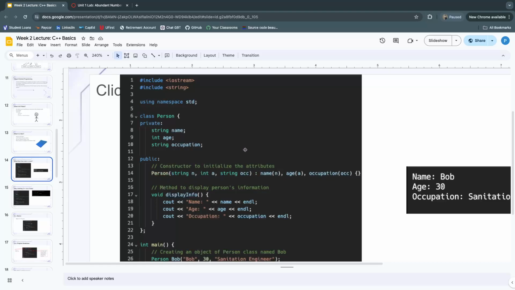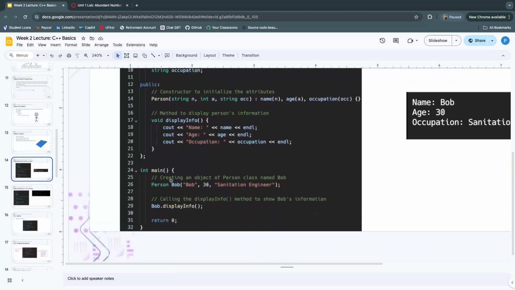And then, as I mentioned, in addition to having attributes, you can also have methods, is what they're called, or functions. Something that object does, right? This is what the object has. This is what the object does. In this case, this method is called display info, and all it does is display the values of its attributes. Okay? So if you come down here,